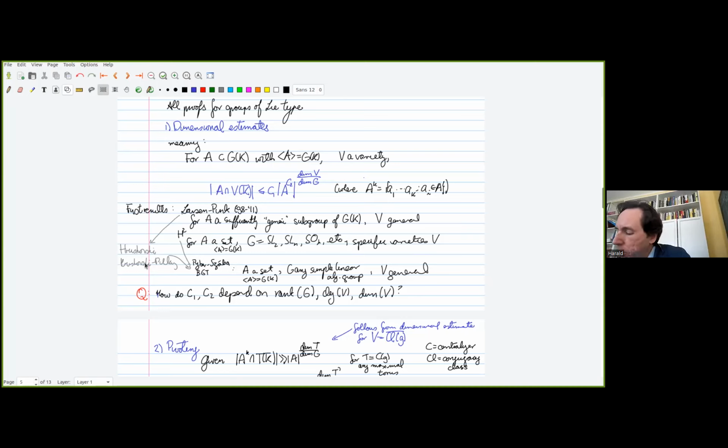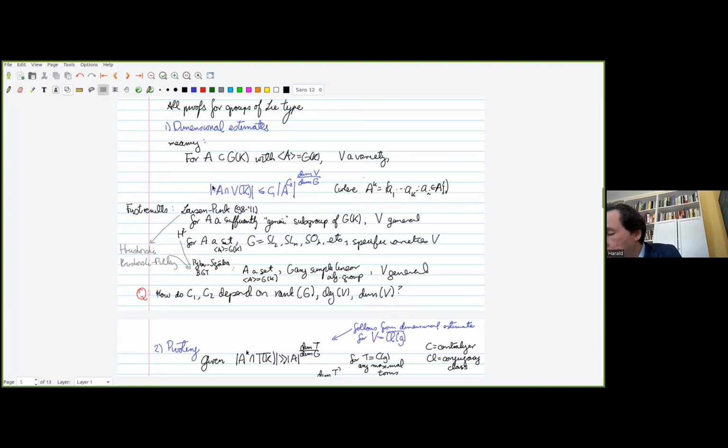Then Larsen and Pink's paper was a draft for a very long time. And Hrushovski and Pillay gave cleaner versions using model theory, versions that really looked like this, at least for A a subgroup, but also for A a set, because, well, they were also aware of this work. And then in certain circumstances, at the very least. And then Pyber and Szabó and BGT, what they did was based on, well, my work, but also Larsen and Pink's, as interpreted by Hrushovski and Hrushovski-Pillay,